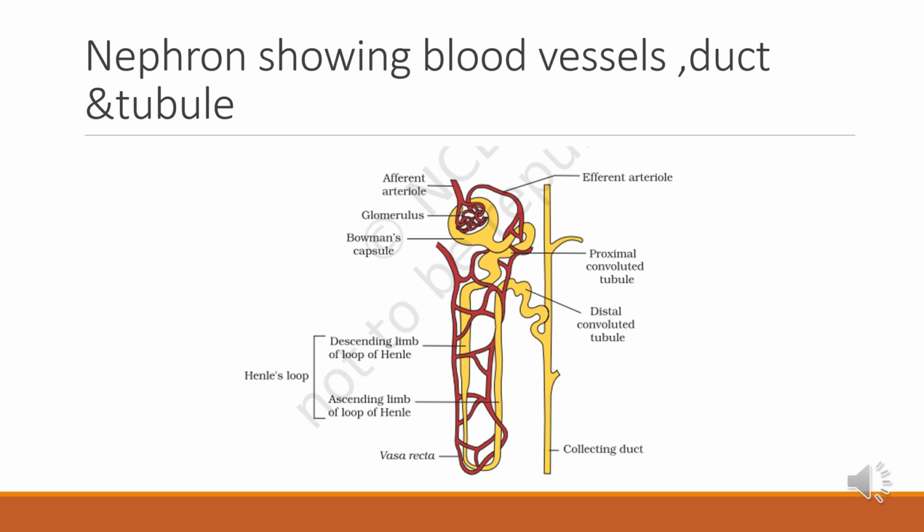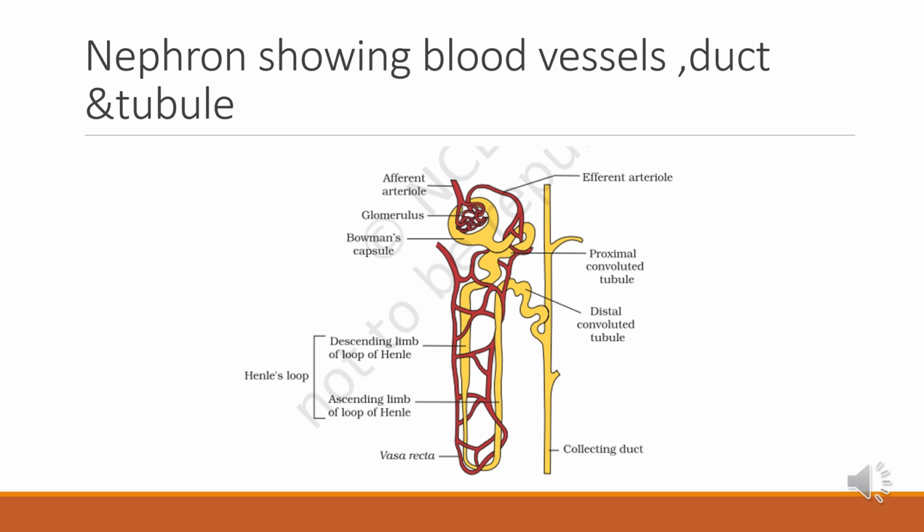Now you notice in the diagram that the Henle's loop is broader at the upper portion and narrower at the lower portion, and then it forms the distal convoluted part. The thick segment of ascending limb opens into the distal convoluted part, which is lying in the cortex region. It is lined by cuboidal cells that have few small irregularly spaced microvilli. The terminal part of the distal convoluted tubule is straight and is called the junctional tubule.